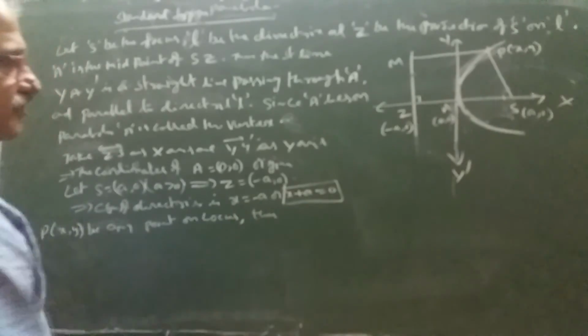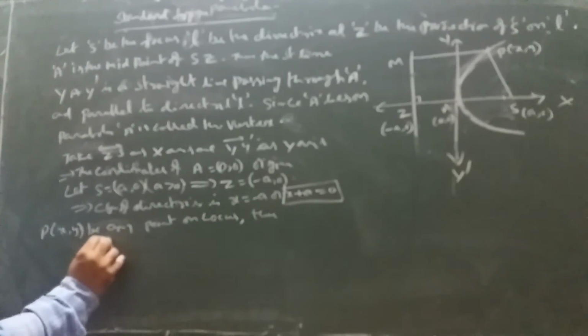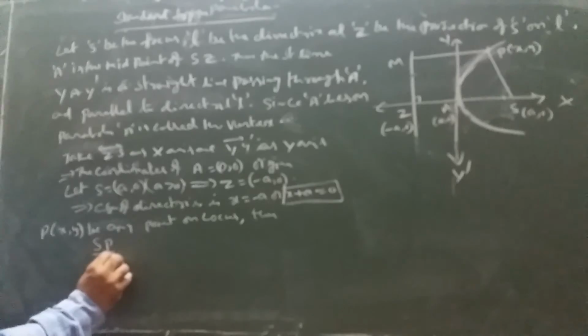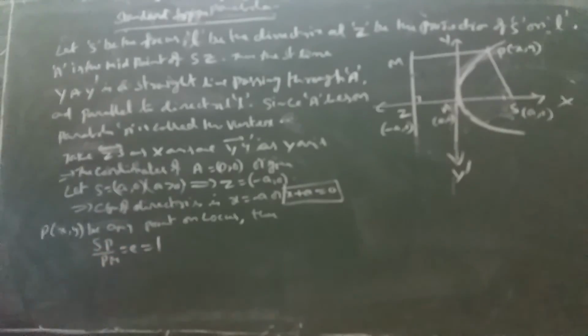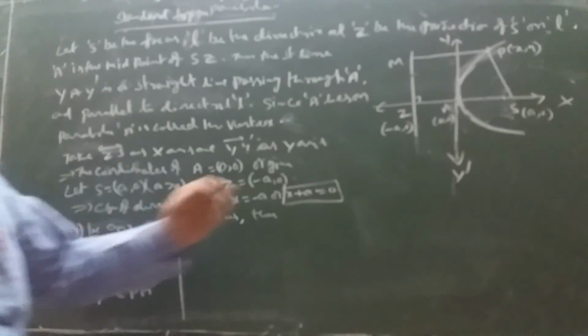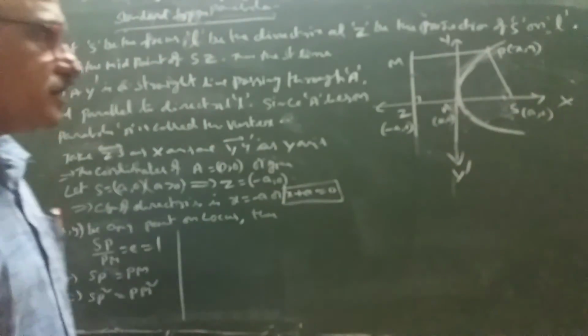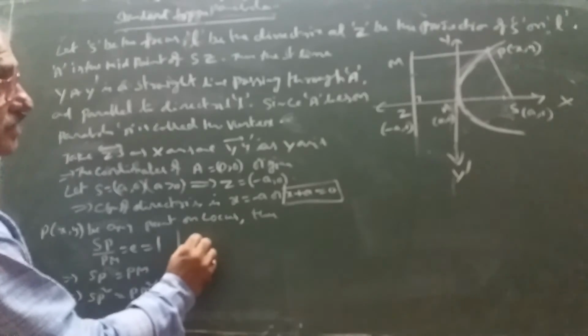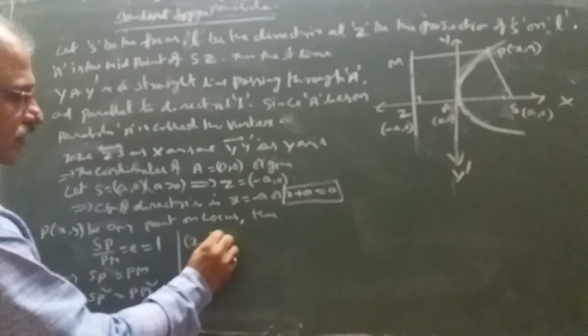then by the definition SP by PM is equal to e, which is equal to 1. That implies SP is equal to PM. That implies SP square is equal to PM square, by squaring on both sides. What is SP? The distance between S and P is, by using the distance formula, (x minus a) whole square plus (y minus 0) whole square,